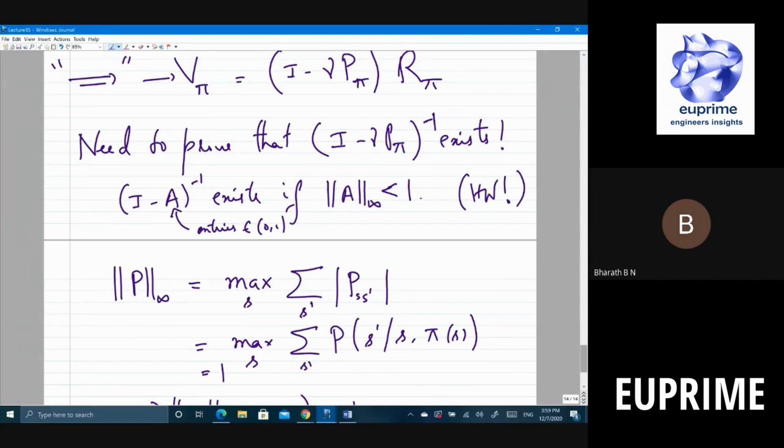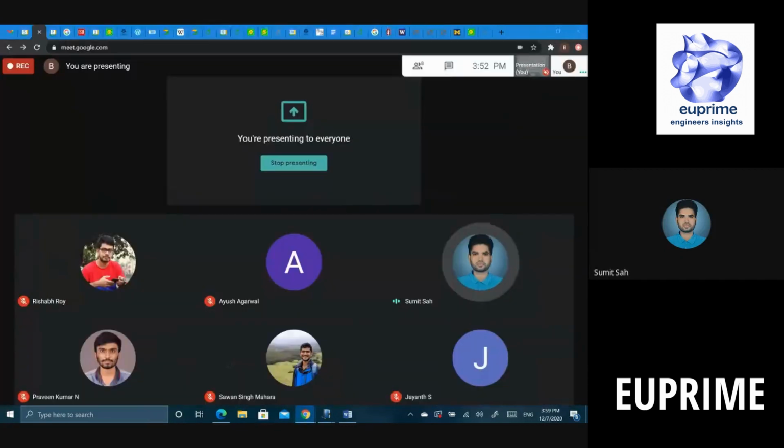That's what it's saying. So if all the sums are less than 1, how many of you have heard of Gershgorin's theorem? It is just coming from that also. Norm less than one means all these eigenvalues will lie on a circle of radius less than one. Exactly, right. So how many of you have heard of this theorem? Rishabh, have you heard of it or not? No, sir. I think it's important. You just go through it once. Ayush? No, sir. Okay. I think Praveen, the name is Gershgorin.